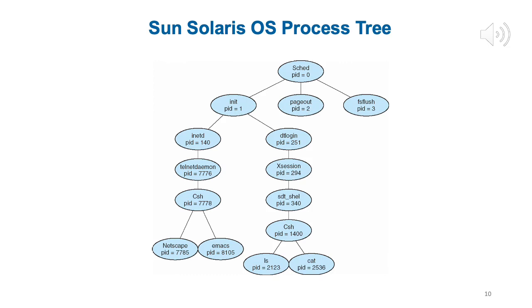Okay. So this is what a process tree looks like in Sun Solaris Unix variant. So you can see schedule, process, init, page out, FS flush. Some of these you can recognize. Netscape, if you see, Netscape is a web browser. It is no longer around, but used to be popular. I think in the 90s, maybe even the 2000s.